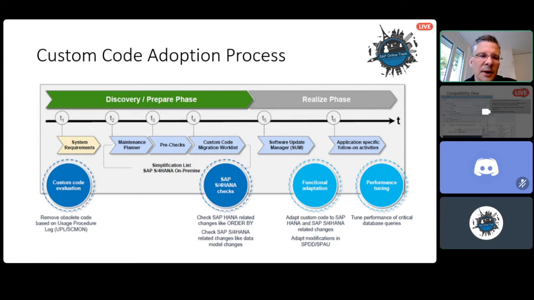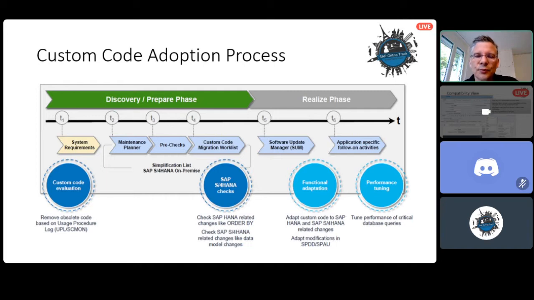So I mean, it would be possible to convert the whole code, but if it's not used, it's a very good timing before an S/4HANA project starts to measure which parts of the codes, and it's not only transactions, it's also reports, it's also classes, methods, data elements, tables, and so on. To really measure which elements of your custom code are still in use. We measure that on the production machine.